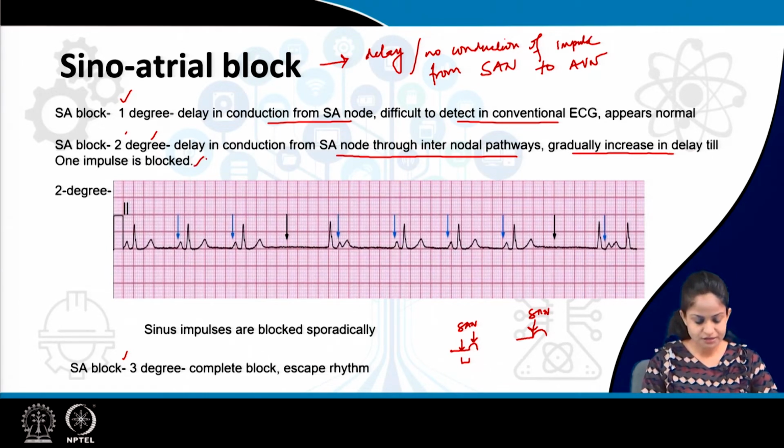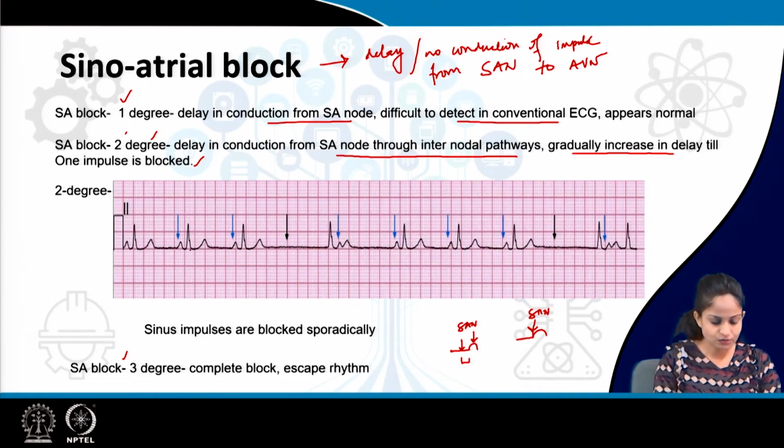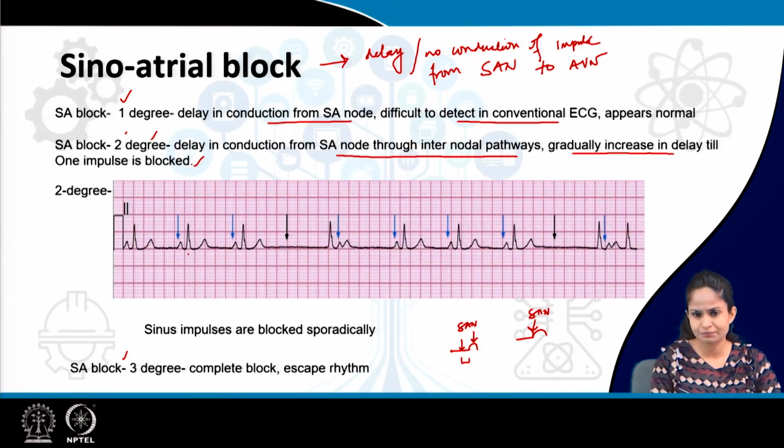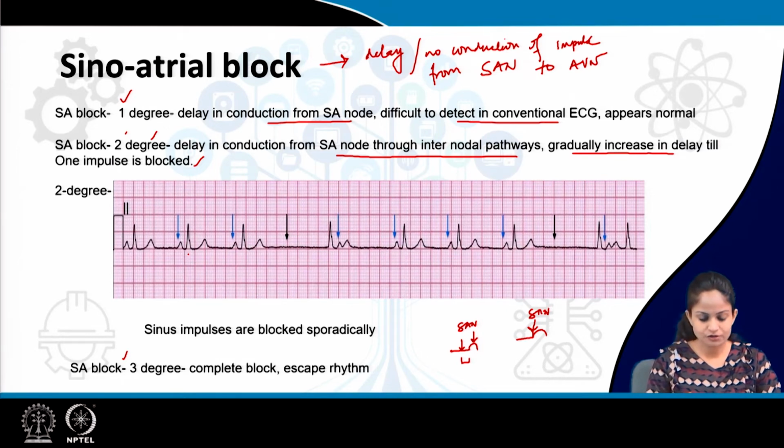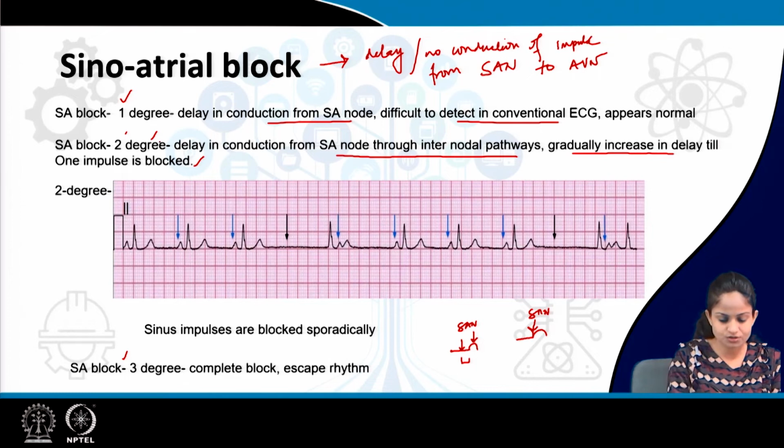Till one impulse is blocked means we can see over here in the diagram, these are the sinus impulses, this is the second degree usually. In the second degree there is a blockage of the impulses sporadically. There can be blockage of one impulse, two impulses, or three impulses. So, in the second degree type 1, which is also known as the Wenckebach phenomenon,